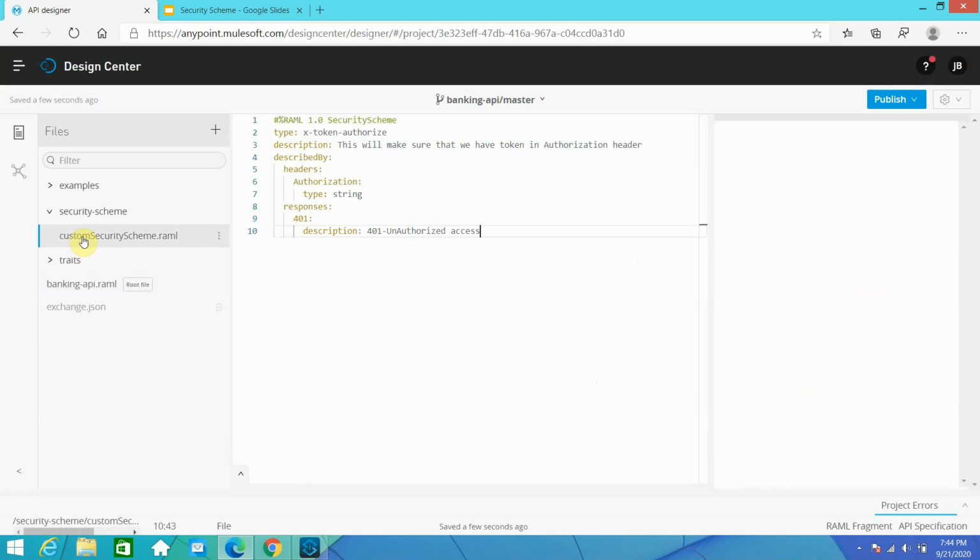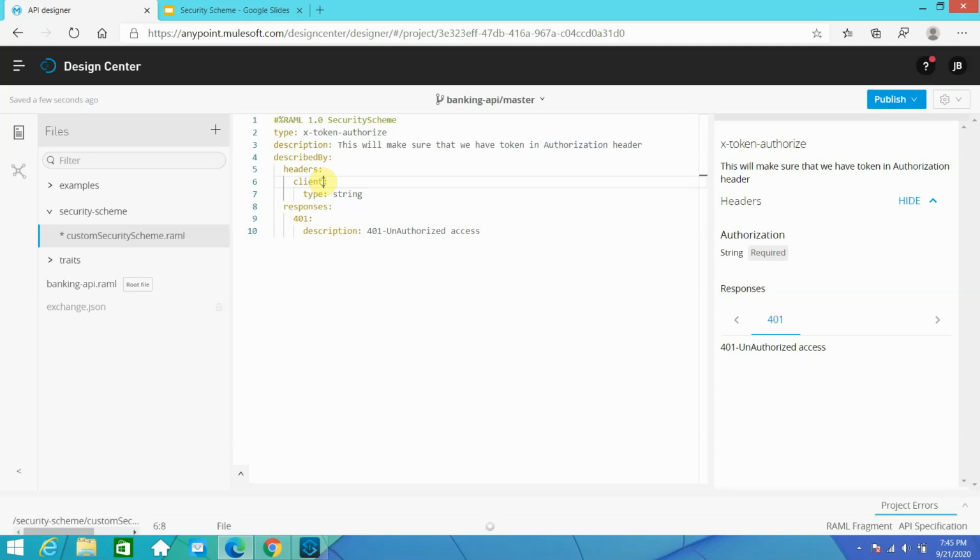Okay, now I will show you one more thing. Let's go a bit deeper. I will keep this also. Now I want, like I applied the client ID enforcement policy. For that I required client ID and the client secret, right? So in that case I can say client ID. Okay, I will copy this particular parameter and I can say client secret.